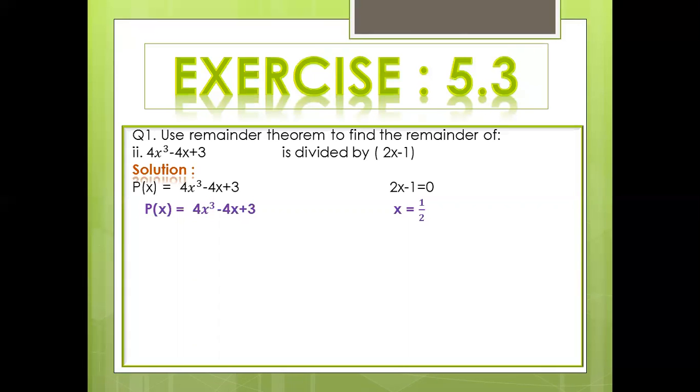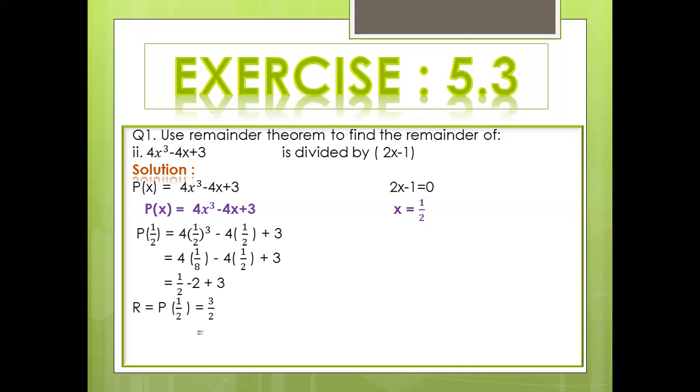2x minus 1 is given. We suppose that 2x minus 1 is equal to 0, and from here we get x is equal to 1 by 2. Now, in the given polynomial, you replace each x with 1 by 2. 4x cube minus 4x plus 3, put 1 by 2 in every x: 4 times 1 by 2 whole cube minus 4 times 1 by 2 plus 3. After simplification, 1 by 2 whole cube is 1 over 8, minus 4 times 1 by 2 is 2, and plus 3 will be the same. When we calculate them,